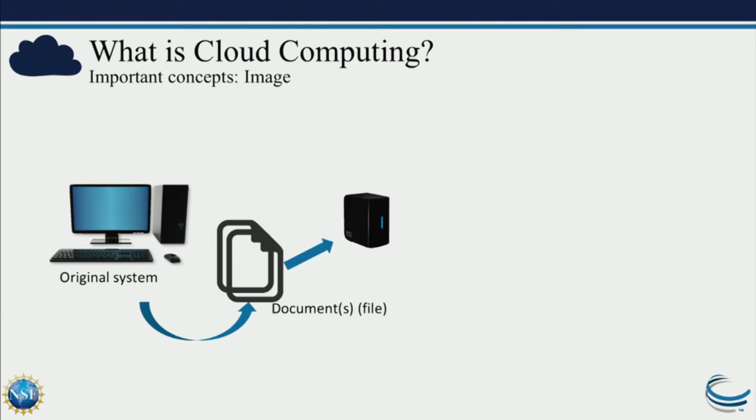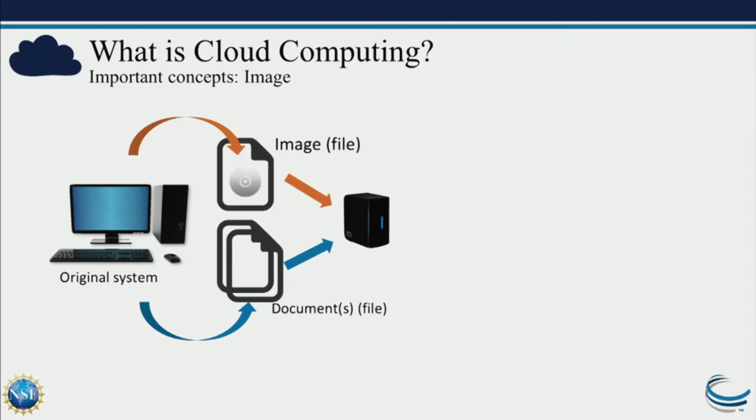So you might take an external hard drive and copy documents, files, whatever, onto the hard drive. But there is a different type of file that you could make, which is called an image. And an image is not an ordinary file. It's actually a complete backup, a complete mirror of your disk. It's sort of what you use on your computer to actually restore your computer if it's damaged. It contains the operating system. It contains individual software that you've installed and the configuration of that software, and it also contains a copy of